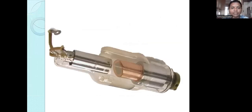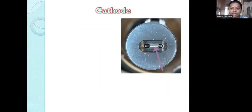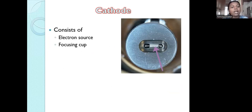So this is the X-ray tube head which we usually use in our clinic. First one is the cathode. As we said, the cathode has a tungsten filament and a focusing cup. It consists of an electron source, which is the filament, and a focusing cup. Electron source,